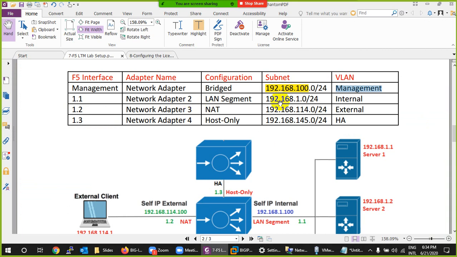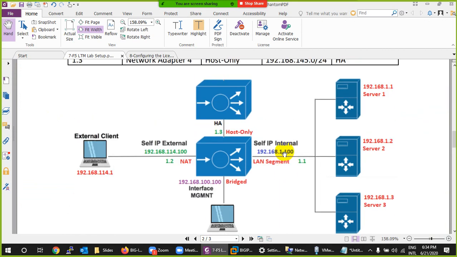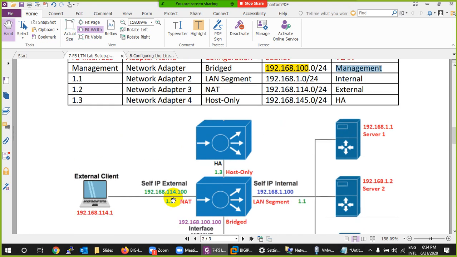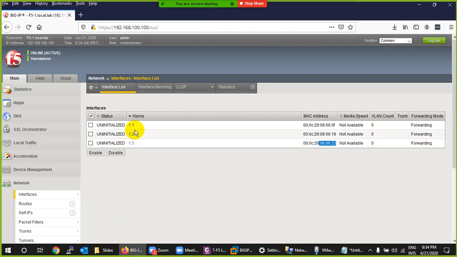So this is the LAN segment, which is internal, and 1/2 is the NAT, which is external, and the 1/3 interface will be our host only, and it will be our HA. And this is our topology. So this is our BIG-IP. External, we will assign 114, because in external we are using this range 114, but I will assign them 100. For the LAN segment, we will use one range, so I will assign my internal IP 1.1,